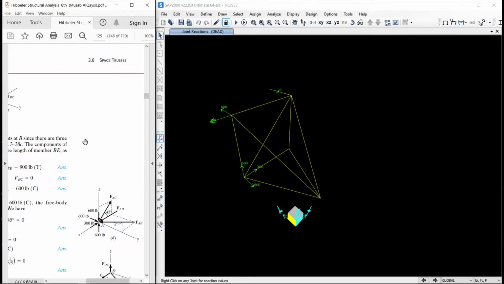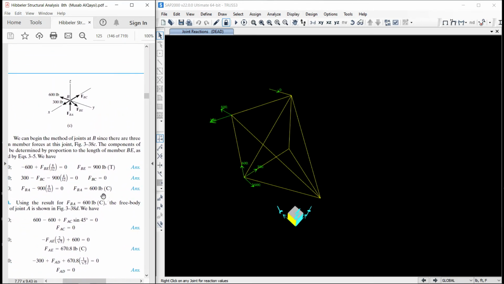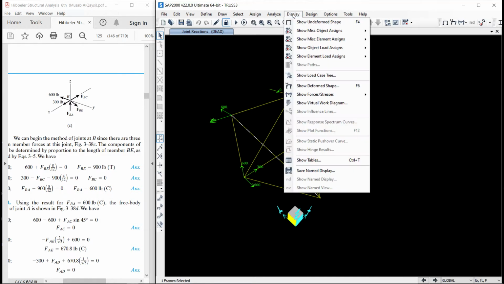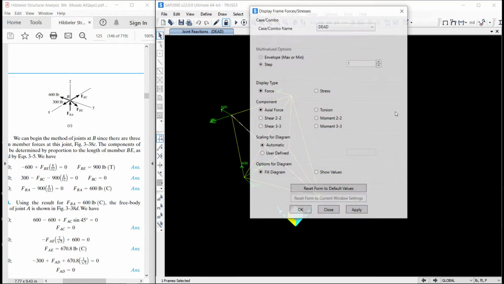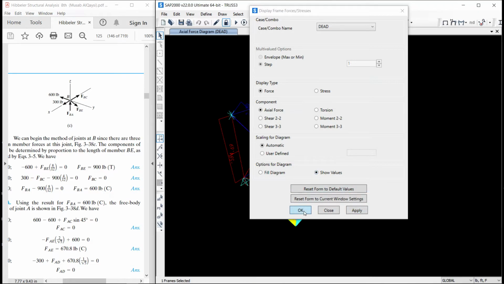Now we can check the internal forces. Here are the internal forces. The force in B to E, this member, it shows 900 pound. Let us see. Display, forces, members, axial forces, show the value, apply.